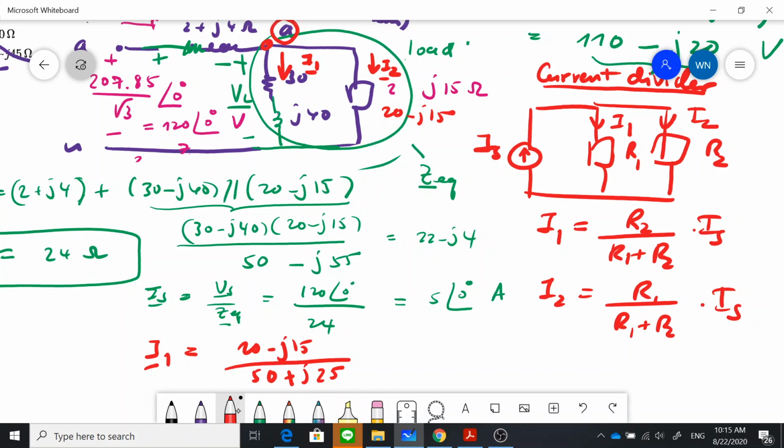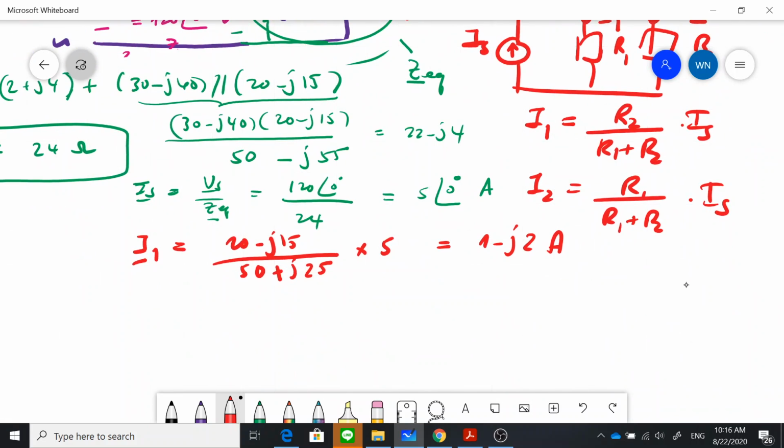Okay, plus j25. And you have to multiply this by the total current, because this is the ratio of the total current, which is 5 at an angle of 0. I just omit the phase component. Okay, that should be your answer. I will give this answer to you in Cartesian coordinates. This is 1 minus j2, and you know that if you do the calculation, the sum of I1 and